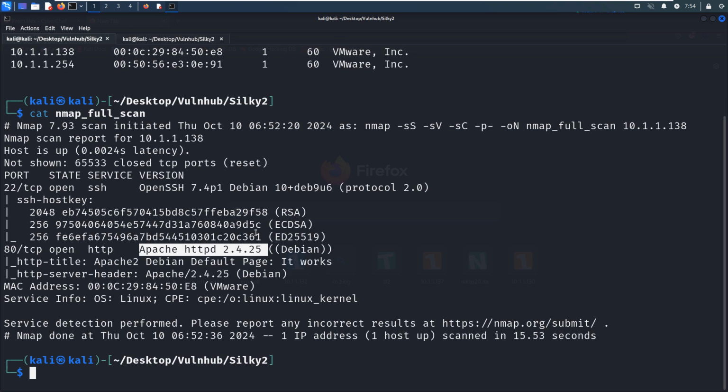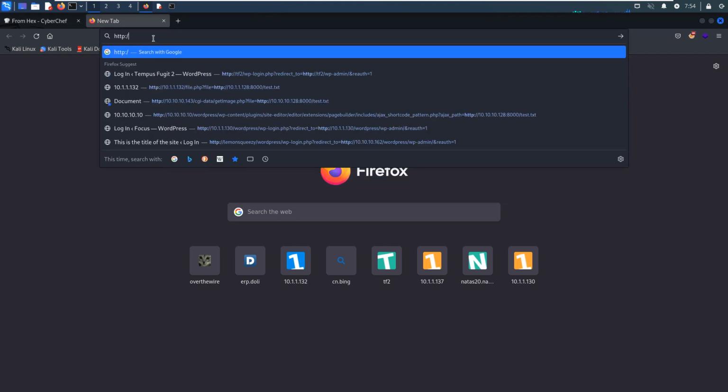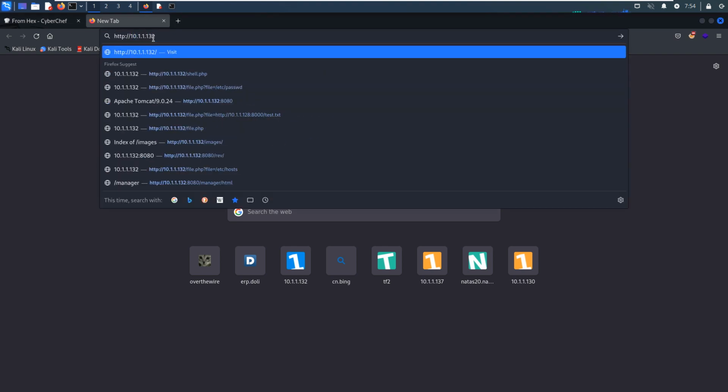We need to start our enumeration of this web application, both manually and automatically. So let's fire up the Firefox browser and put the IP address of the target into the address bar.